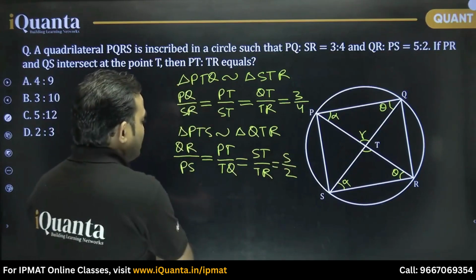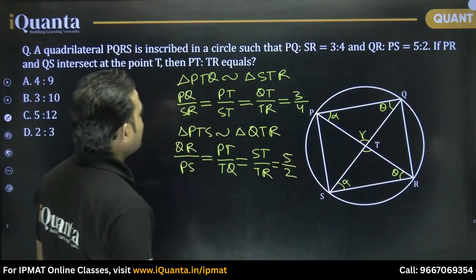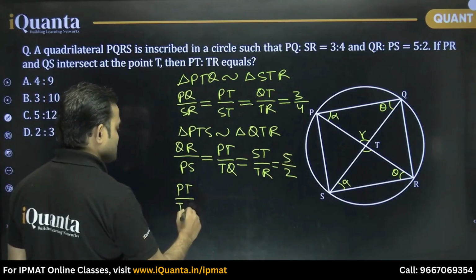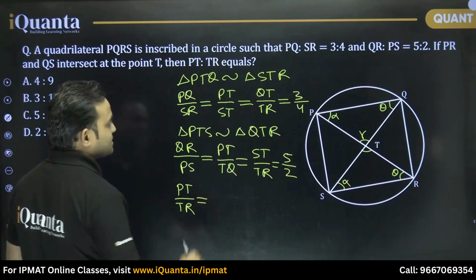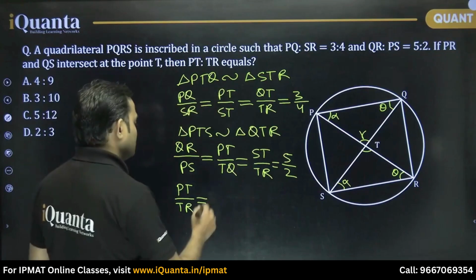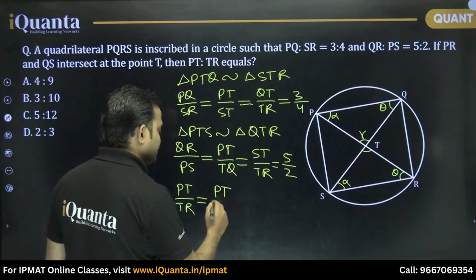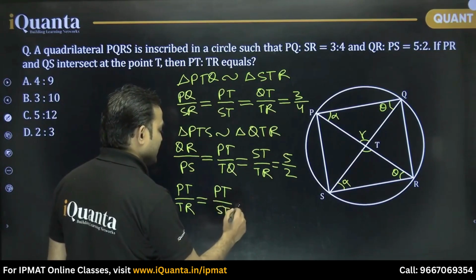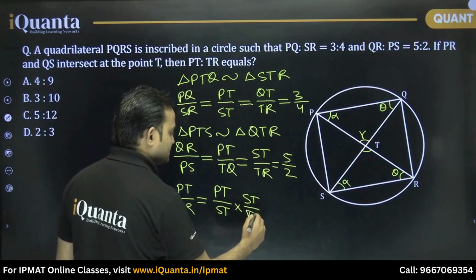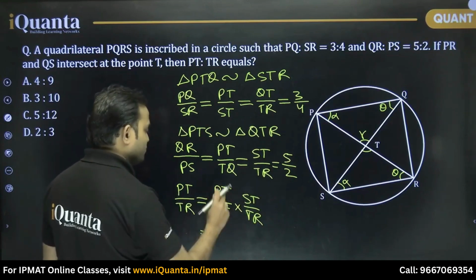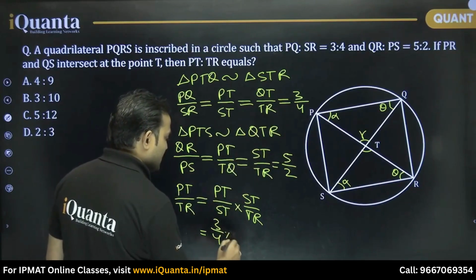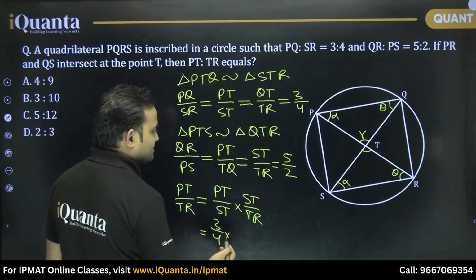Now what do we want? What we want is PT upon TR. Now think, where do we have PT? We have PT here, right? So we can write it as PT upon ST into ST upon TR. So this will be equal to PT upon ST, which is nothing but 3/4, and ST upon TR is nothing but,